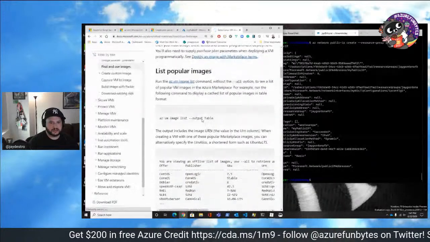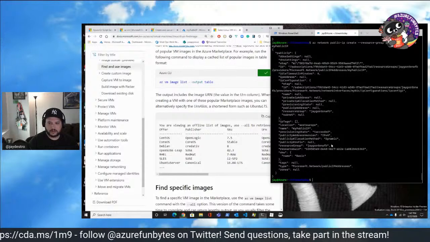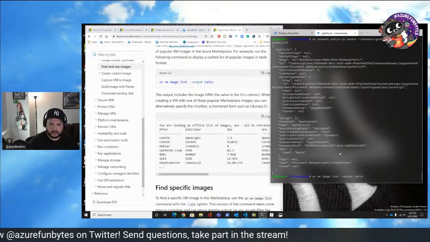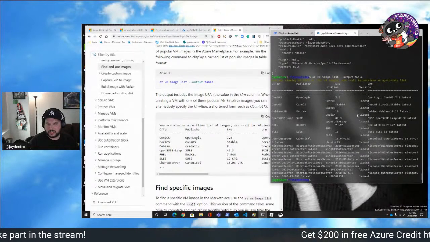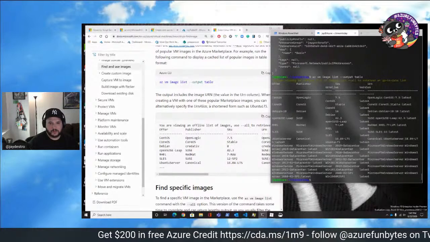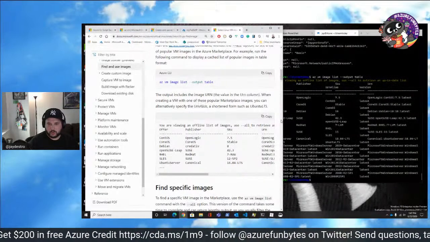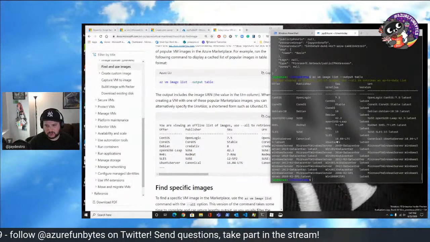You can just list them out here. So if I go here and I run this, copy. So az vm image list, we see all these images that are available to us right here. So what we're going to use is that Ubuntu. There's a ton more in the marketplace, but these are just some of the basic ones.